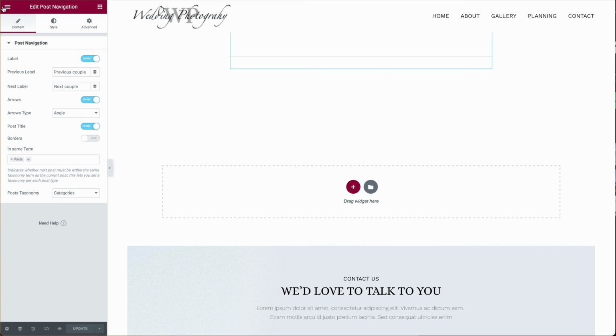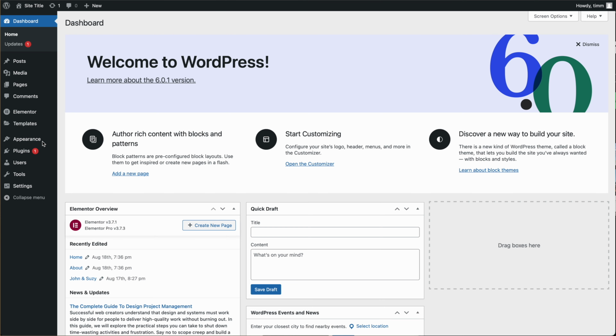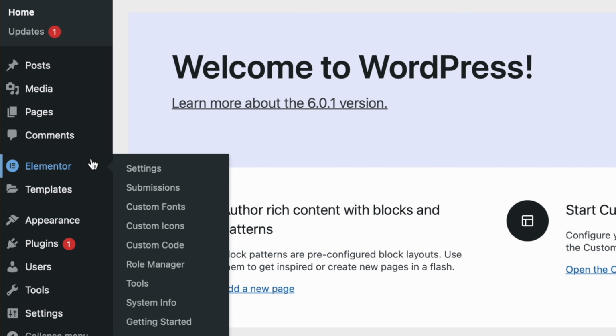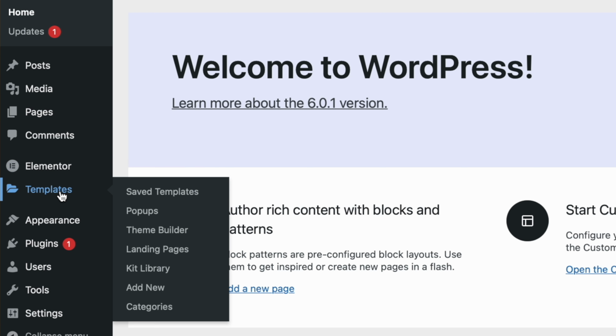Okay, now we can exit out of this. And now let's make our page design that we're going to use for these posts. So this is something we're going to have to add in every time we want to create one of these posts, but I can tell you it's a lot simpler to do it this way than the default that they had. So in order to create this page design, we're going to go to Templates, Add New,